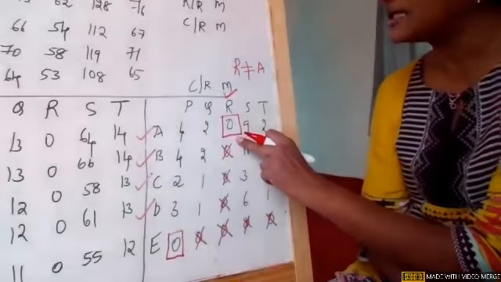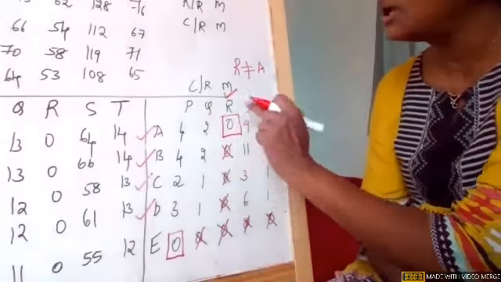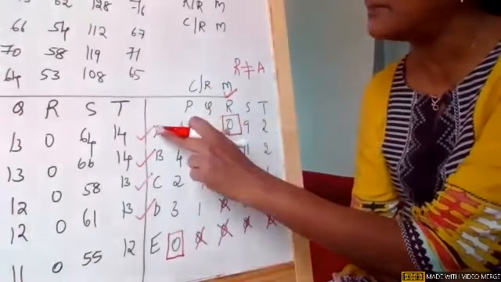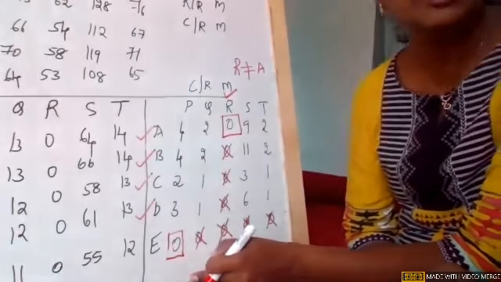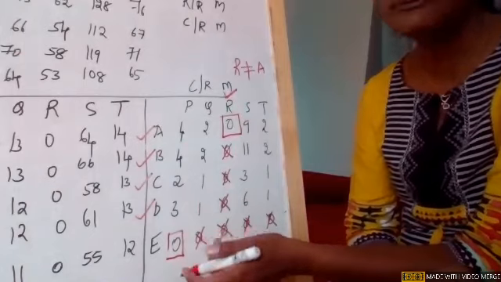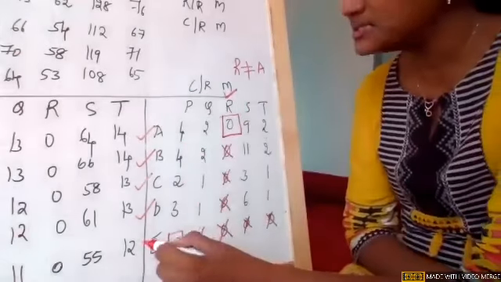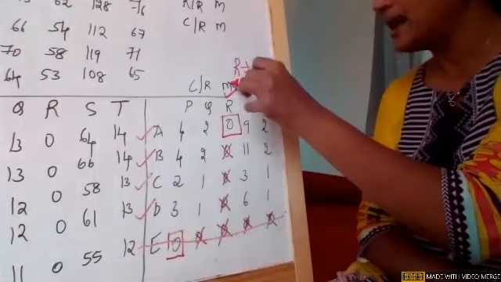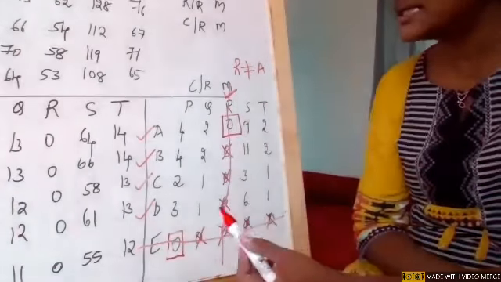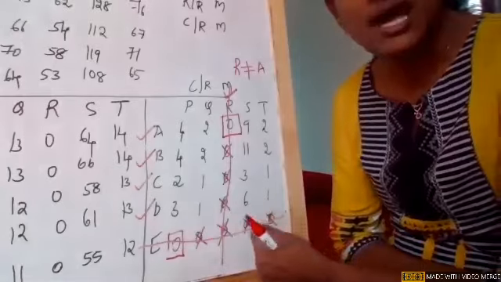Again, I'll just go for that assignment 0. Wherever that assignment 0 is there, I'll mark that particular row. Now come to the fifth row. The fifth row is having an assignment, so I can't mark it. Now after this, what is my step? Draw a straight line through unmarked rows and marked columns.